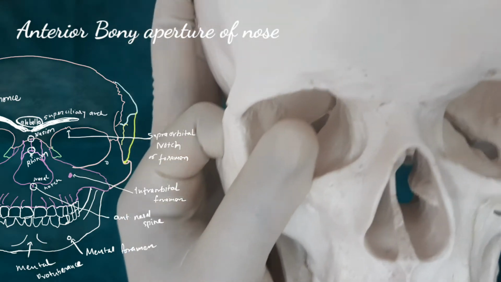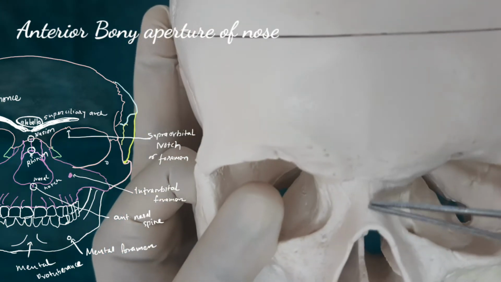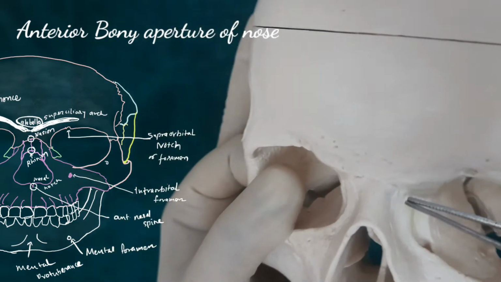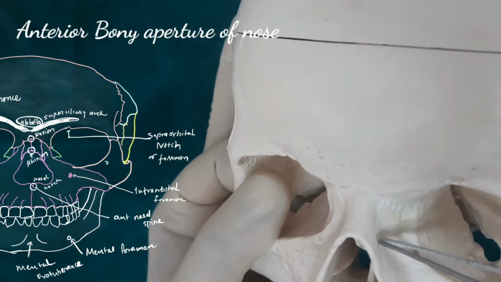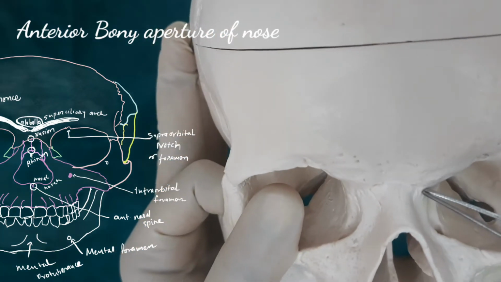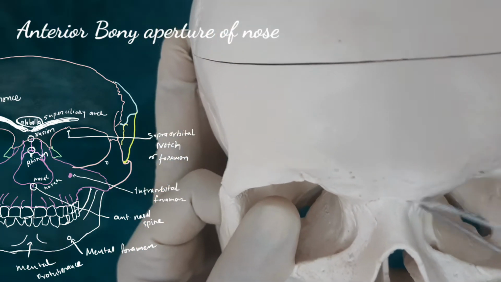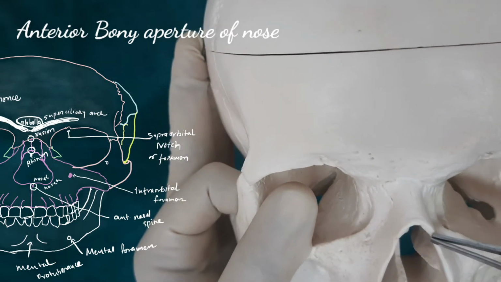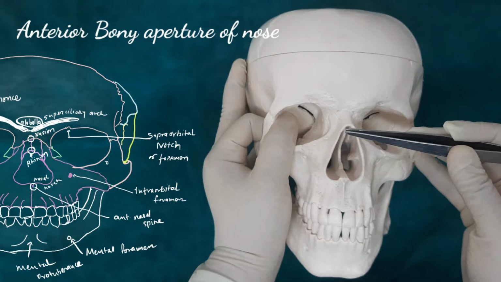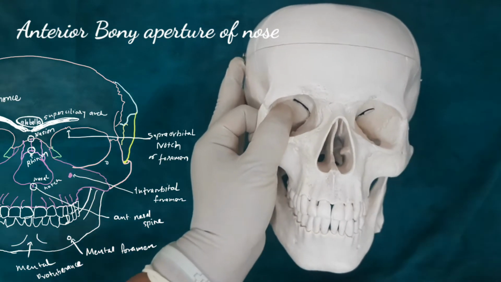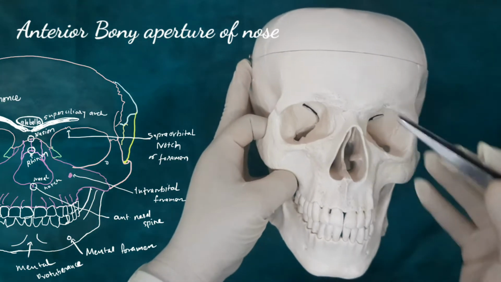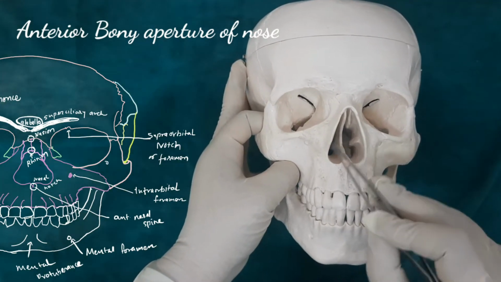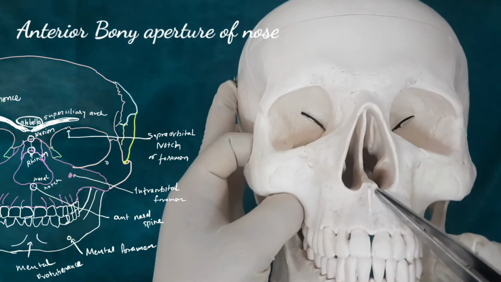articulation of the nasal bone. Anteriorly it articulates with the opposite nasal bone by the internasal suture. Posteriorly it articulates with the frontal process of the maxilla. Superiorly it articulates with the frontal bone by the frontonasal suture. Inferiorly it articulates with the nasal cartilage. Here we can see the anterior nasal spine just at the lower part of the pyriform aperture.